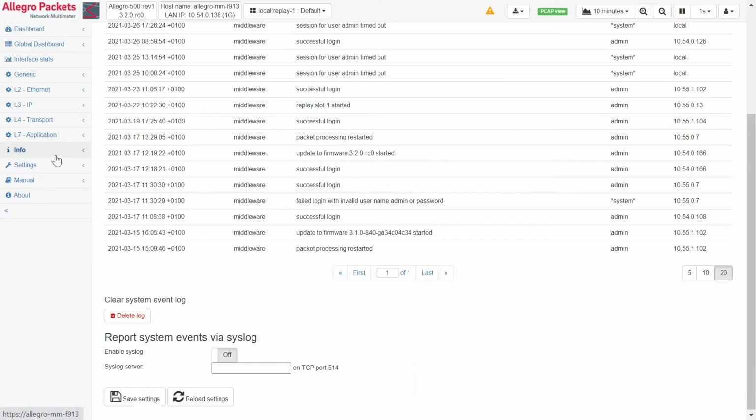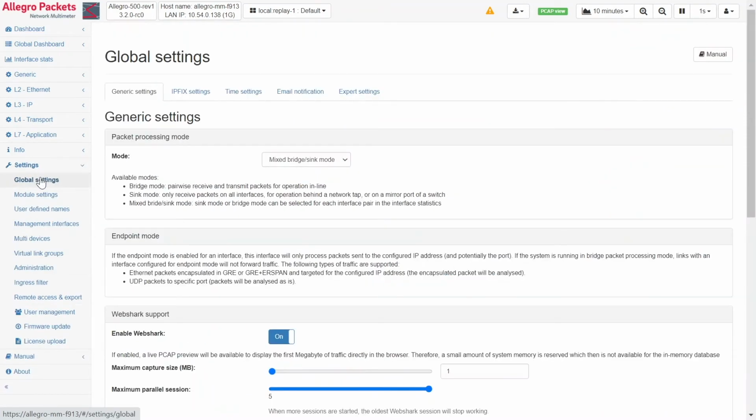Well, we decided to add a feature which is one of the most requested ones, and which is the packet processing mode. Up to now you had to decide per Allegro, do I use it in bridge mode or in sync mode? And we got the request, can we mix this mode? Up to now we said, well, be careful with that, because if you mix it and then you connect it in the wrong way, well, you either get a loop in your network or you have a dead link. So we decided, okay, we keep the two old modes and add the mixed mode.